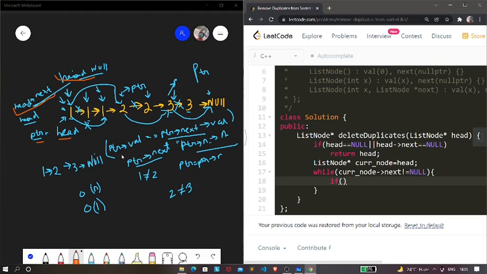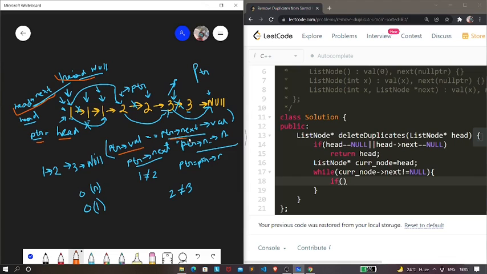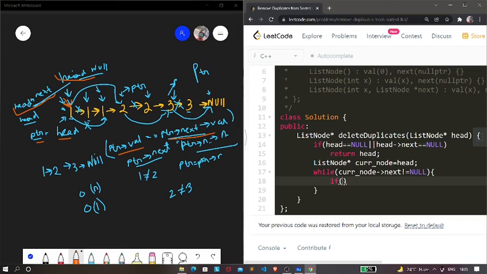So let's consider this example. If our ptr is over here, then your ptr of next will be over here. In such a situation we find that both are equal, so we need to write that condition. So let's write that condition.